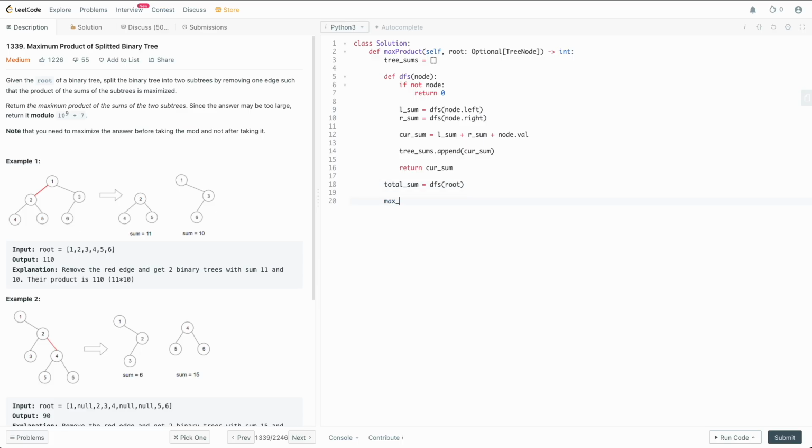So we're going to say max product, and it's going to be 0. Obviously, we haven't seen any product yet, so it's going to be 0. And we're going to say for each sum in tree sums, the maximum product we can get is going to be the maximum of whatever the current max is, max product, and then sum times the total minus